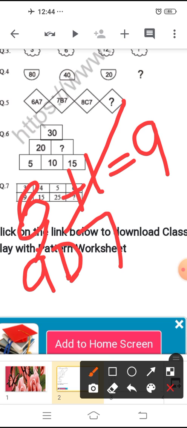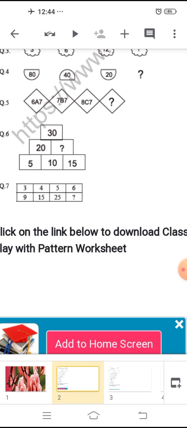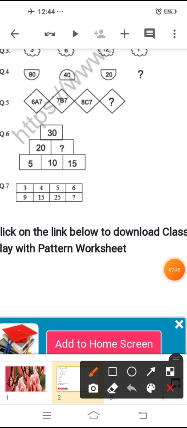Understood? Now come to next question. Sixth question. They have taken 30, 20, but here the blank is missing. And they have given you multiples of 5. 5 ones are 5, 5 twos are 10, 5 threes are 15. Okay. 5 fours are 20. What will come here? 5 fives are